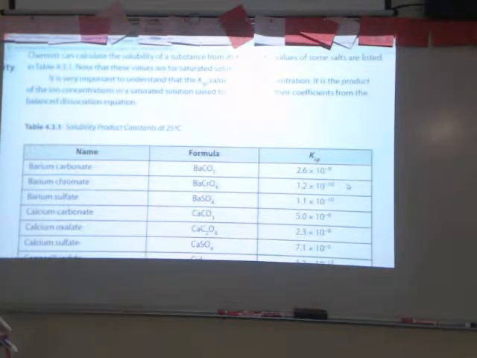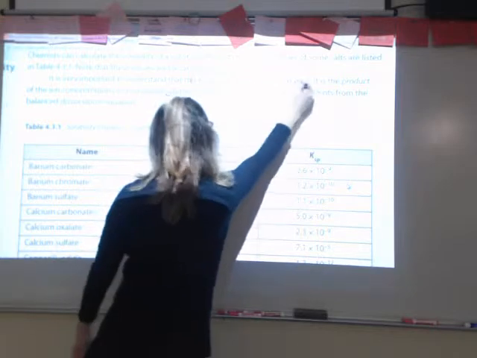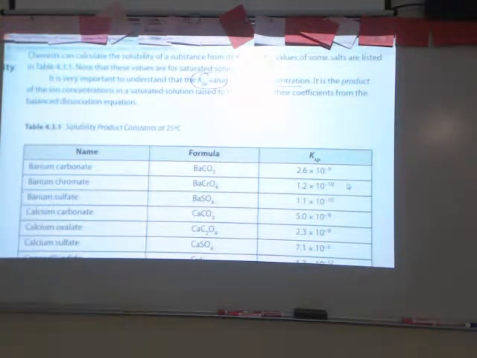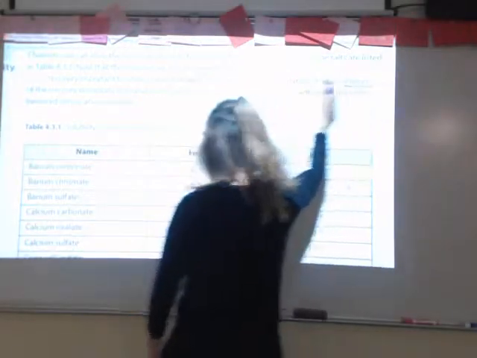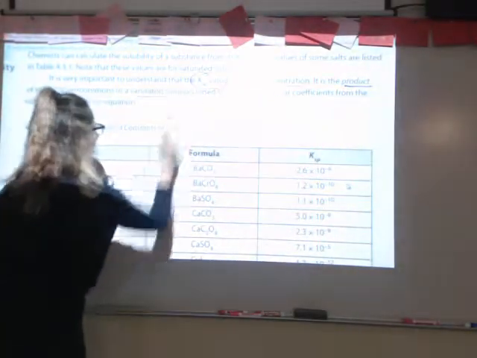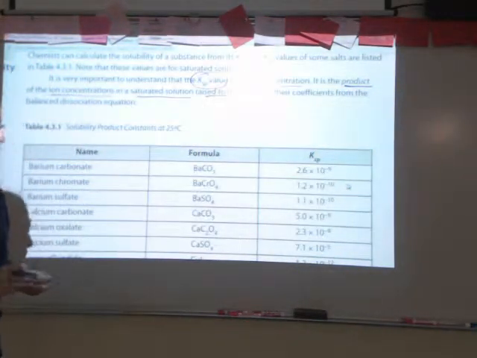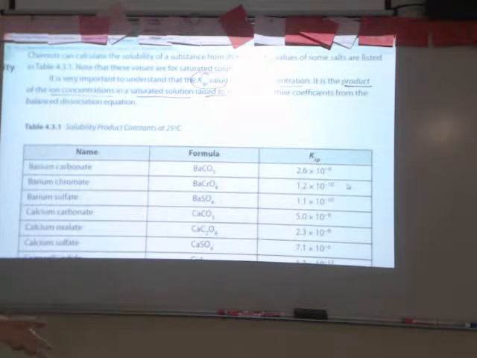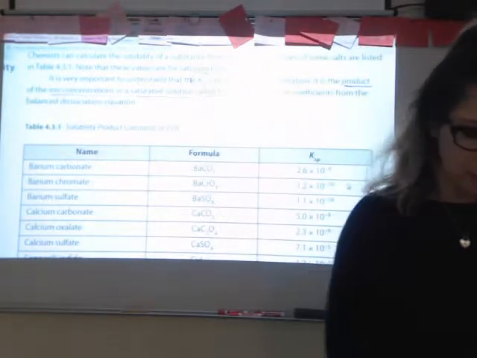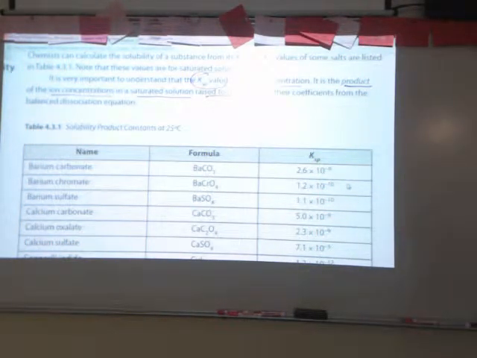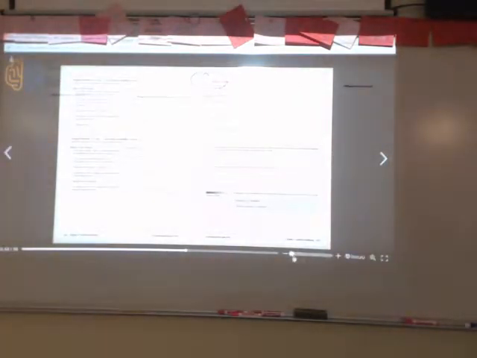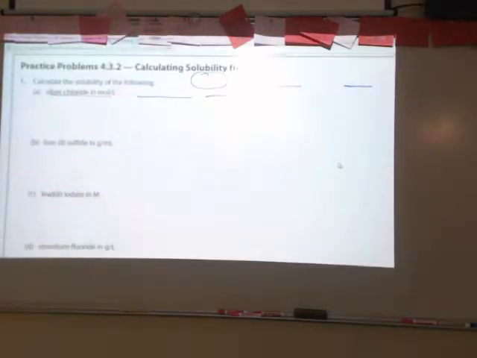So just to reiterate, the Ksp value is not a concentration. It doesn't have a unit. The Ksp value comes from multiplying the ion concentrations from the saturated solution, raised to a power, together. And depending upon how many ions you have, if you have a lot of ions in solution, that's a high molarity, then you would expect your Ksp to have a high value, okay? And then if you increase the temperature, you'll probably have more ions dissolved, and therefore your Ksp would be higher as well. So let's go ahead and turn to the last set of practice problems here,